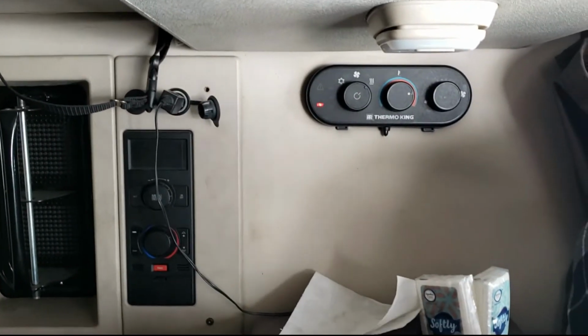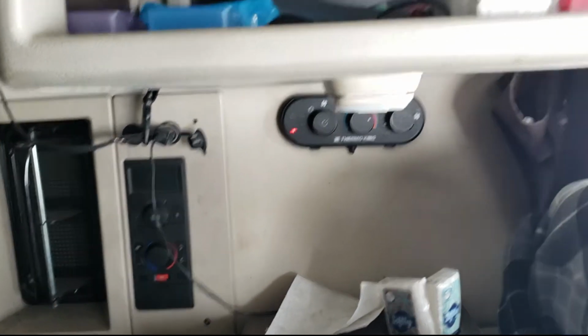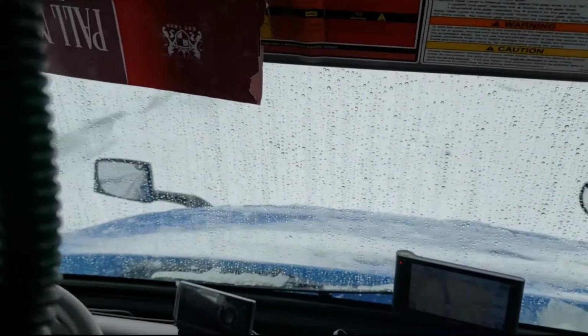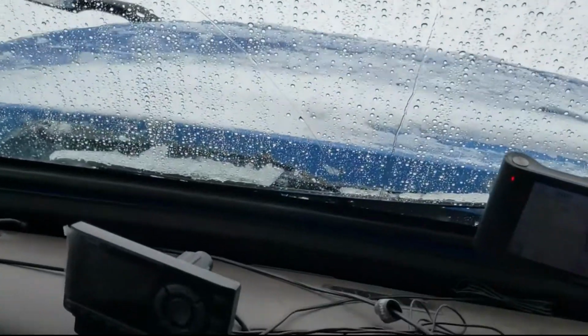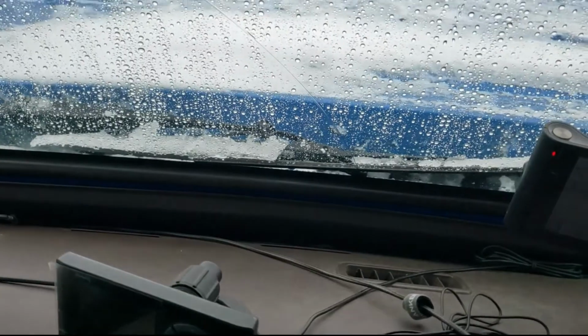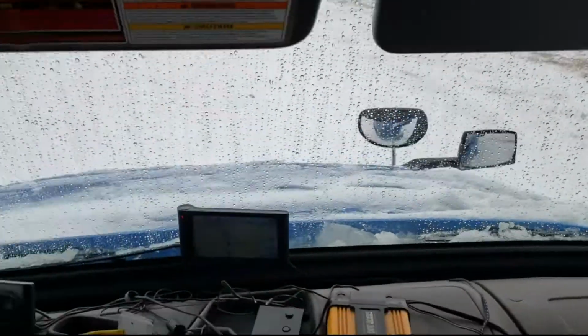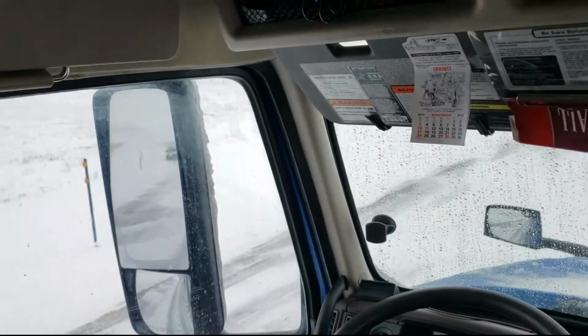Okay, there's the controls for it. Right now I've got the truck idling because I'm broke down. I had a wiper blade hit the ice and it broke off, and so I'm waiting for a mechanic to come out and bring me another one. It's my second breakdown of the day. First the trailer breaks,